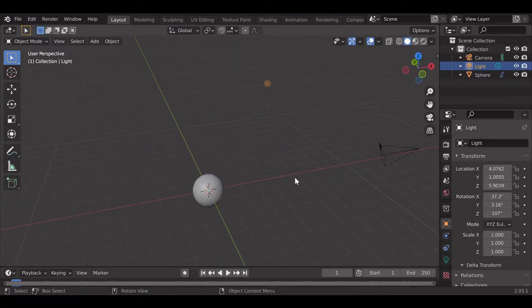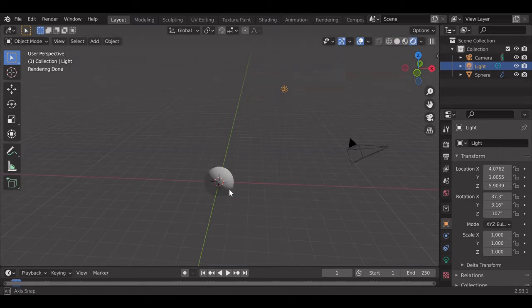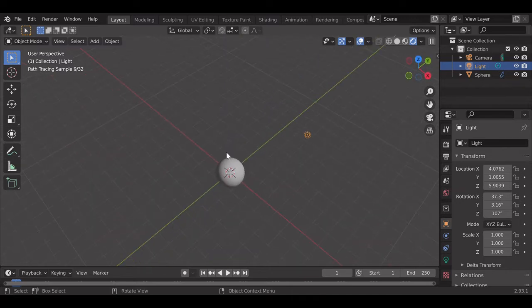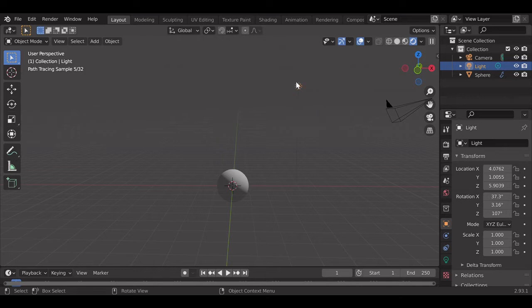So we're going to start with this setup out here. I have a sphere and I have a light. If we want to see what this looks like in the rendered view, I'm going to switch to rendered view, and I'm on Cycles right now, by the way. So we can see that this is how it looks. This lit area on the sphere is due to the influence of this light. However, what if I want a particular light setup and I don't really want to set up lights all around my sphere to obtain that? So what I could do is add an HDRI.